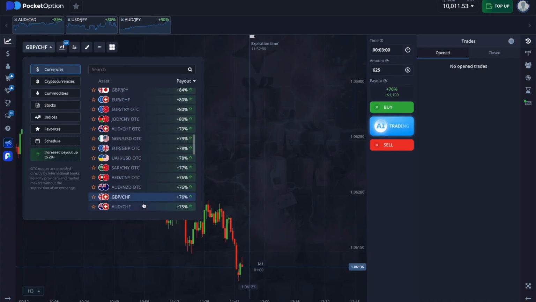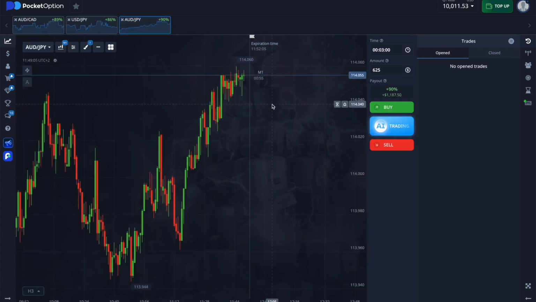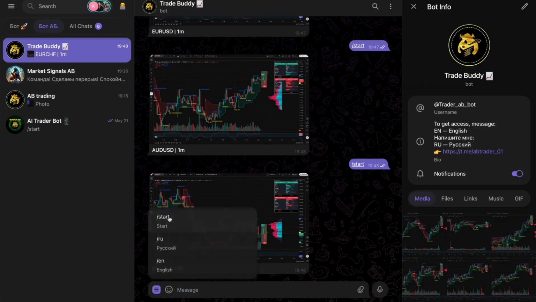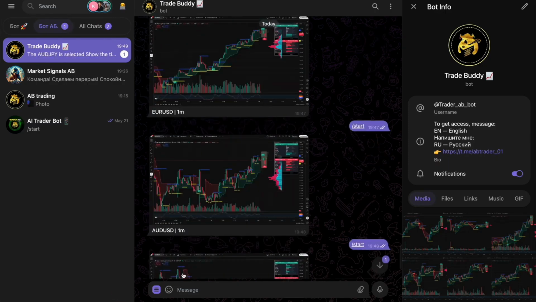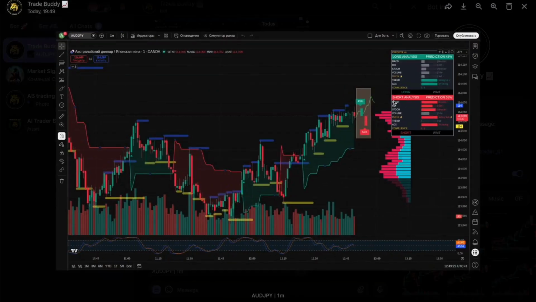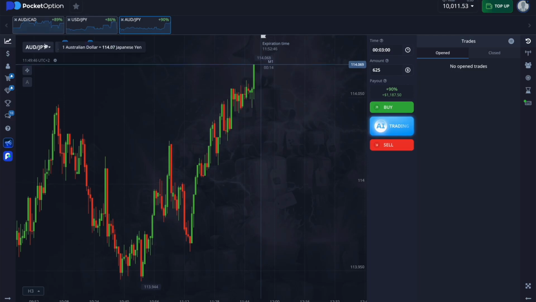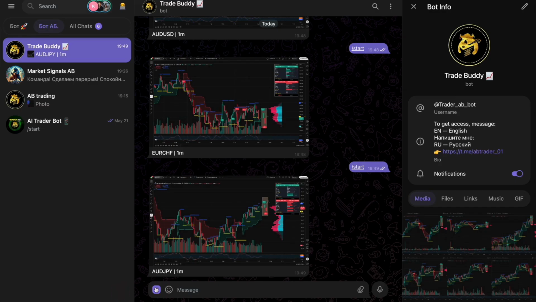I need to show what to do, how to act if you find yourself in a situation like this, for example right now. The British pair, we've already looked at it, but let's take another look. Australian dollar, Japanese yen, M1 time frame. Look, here too you see it's going up and here it's going down. When news comes out, keep in mind that the bot often shows different signals.